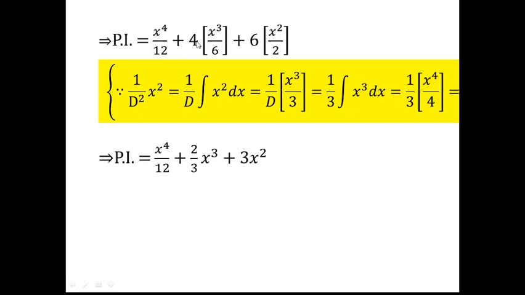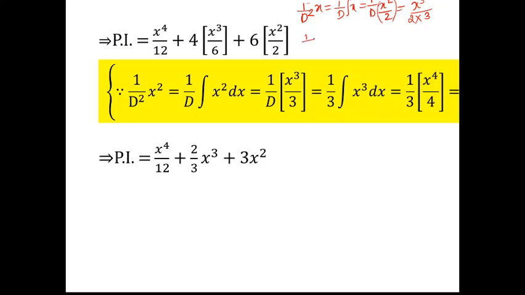Similarly, we will simplify the remaining two terms. x is left, integration of x twice will give us x cube by 6. You can see here how it comes out to be x cube by 6. So we have 1 by d square of x. What will it be? First integration of x is x square by 2. Now this is the answer. Again integrate this. So what do we have? x cube by 2 into 3, so x cube by 6. That is what I have written here.